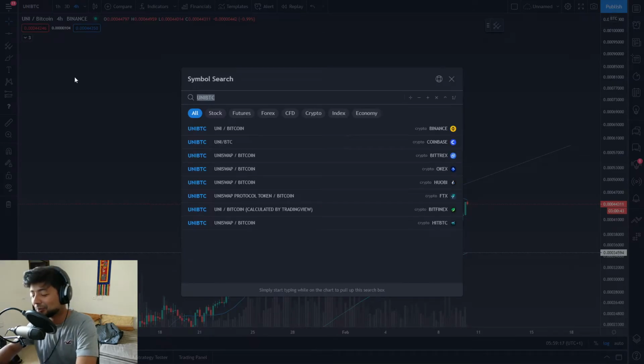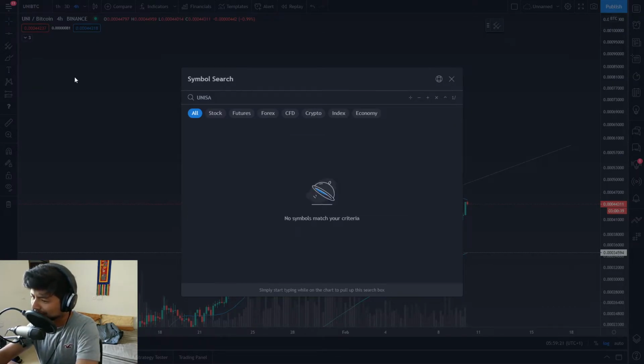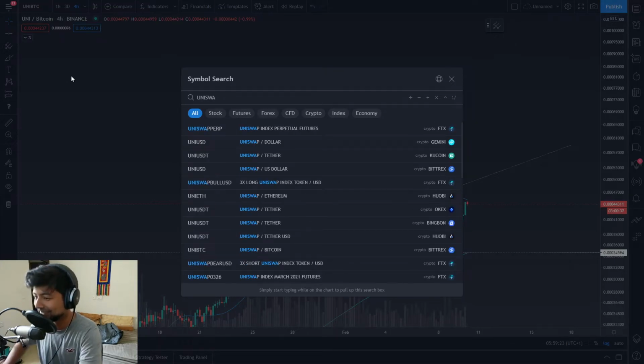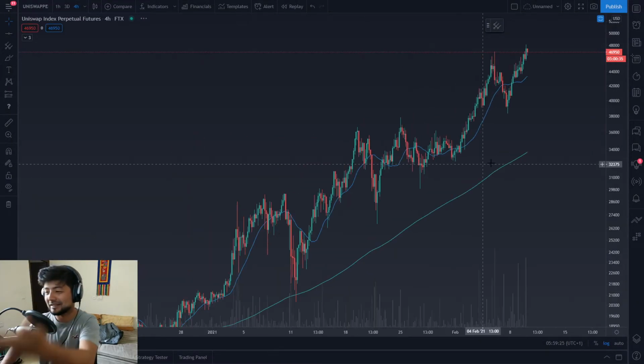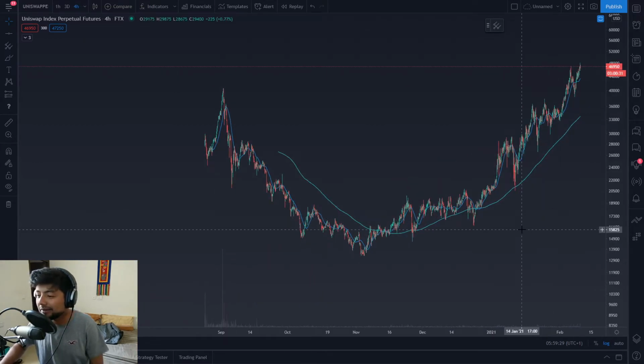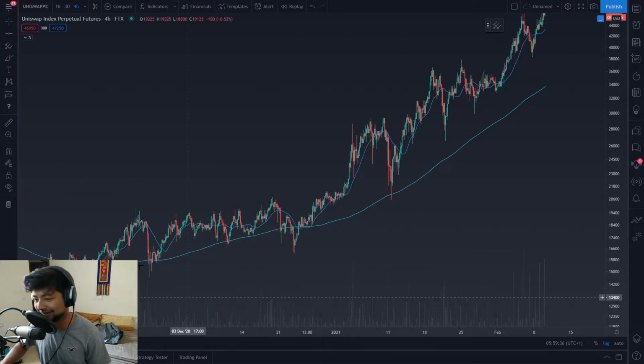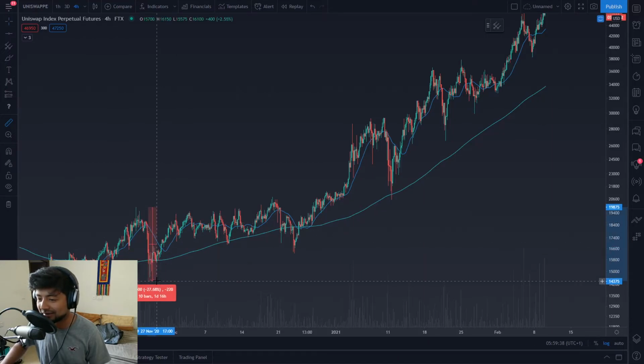All right. There's one more index that I want to talk about today on Uniswap, which is the Uniswap index on FTX. So basically, it's a basket of various highly liquid Uniswap shitcoins, apparently. And this is a general trend indicator, although extremely volatile, man. Look at these nasty moves.